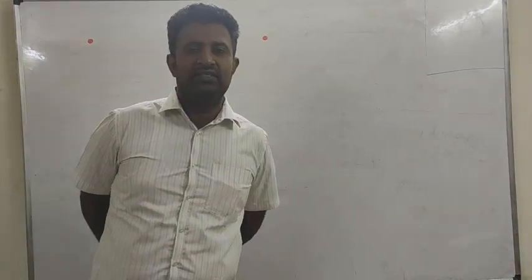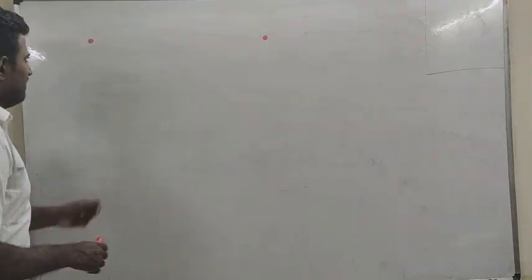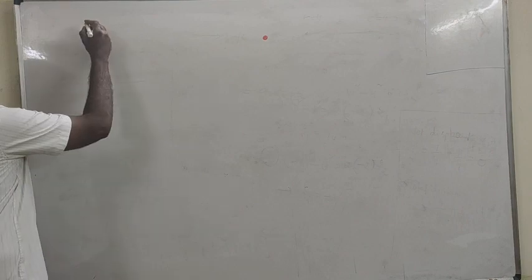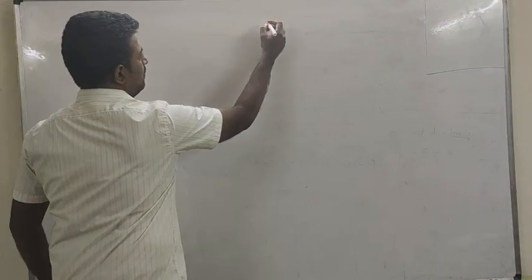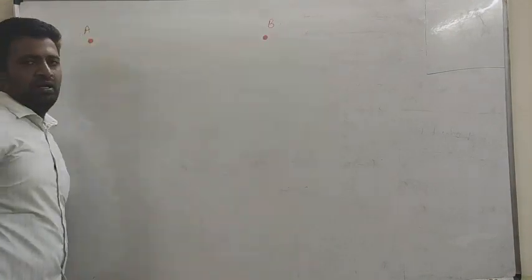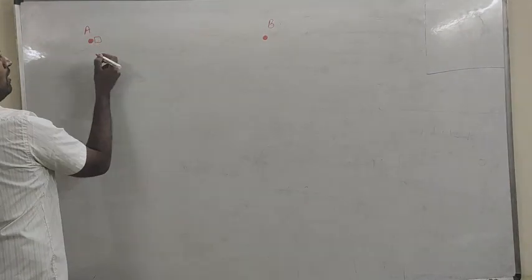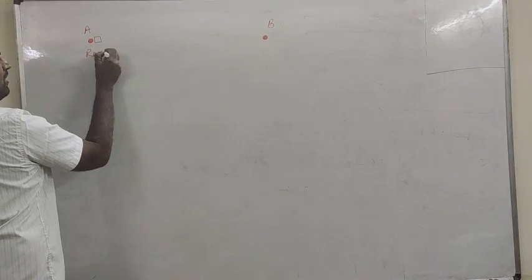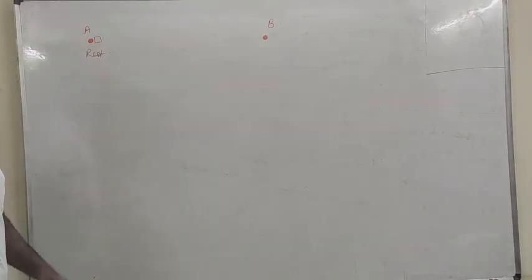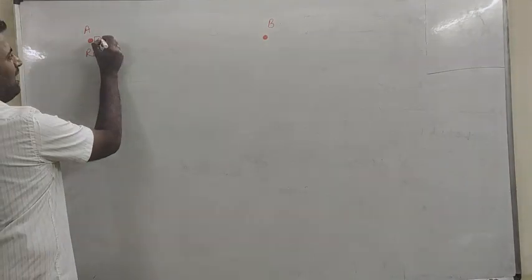Hi students, in this lecture I would like to discuss one more numerical example related to equations of motion. See here, I will give you a physical situation where there are two stations between which a train has to travel. A train will start from rest initially and then for some time interval it will accelerate.